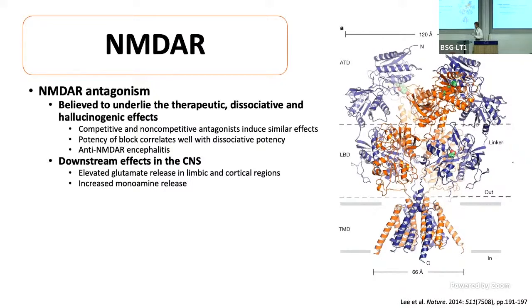There's weaker evidence for the therapeutic, and as you know, there are many hypotheses to explain the antidepressant actions of ketamine. I still think NMDA is the number one contender, or at the very least, has not been adequately ruled out. And so I'll discuss that a little bit. The evidence for NMDA mediating the dissociative effects is incredibly strong. I'm not going to go over it today, but I've written about this. I think it's very difficult to argue with.